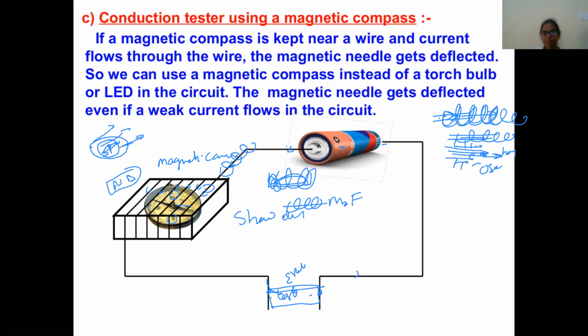So current is not a complete circuit. So at that time current does not flow, it is an insulator. Like that, these two free ends we are going to insert into some liquids also. We want to test the liquids, so we immerse these two free ends into the liquids, and now the current will move. This liquid is a conductor. If current deflection is not shown, then that liquid is a non-conductor.